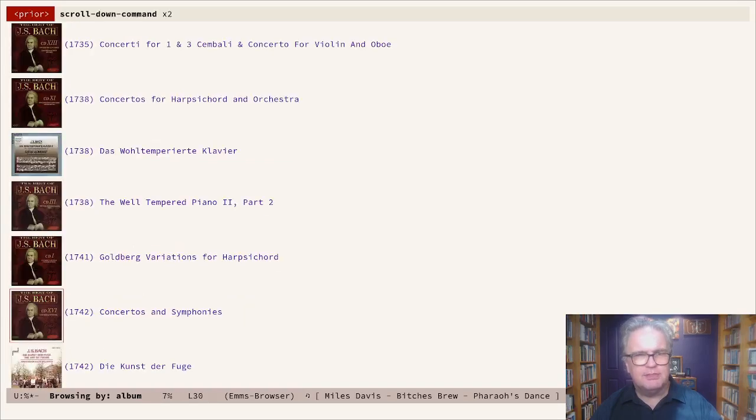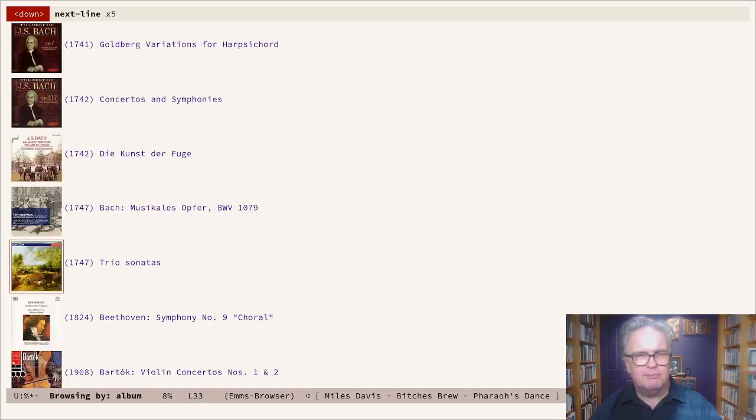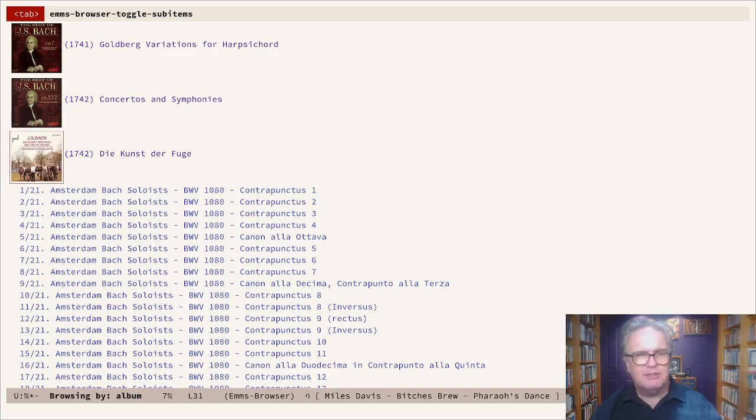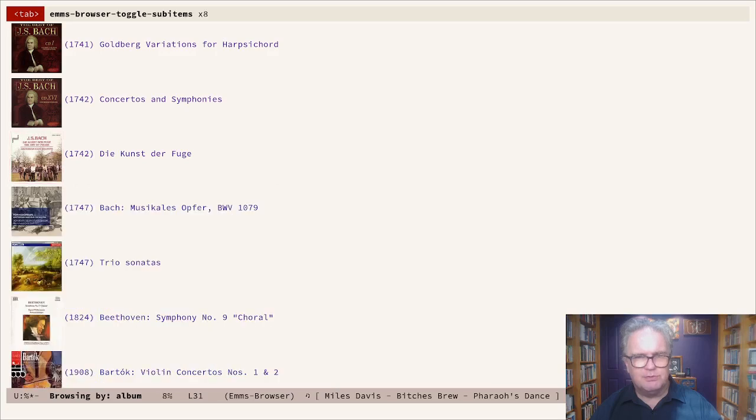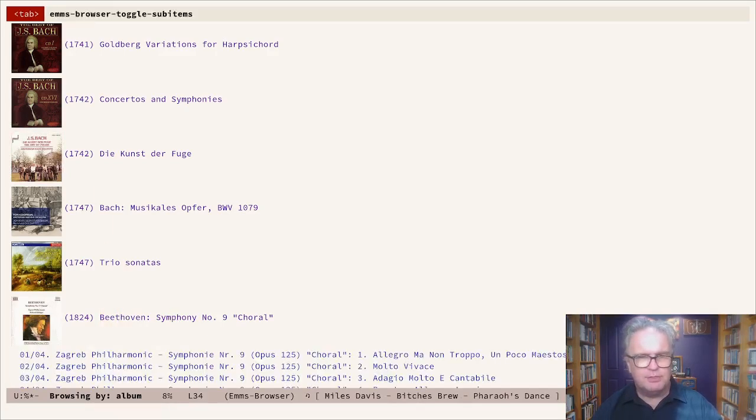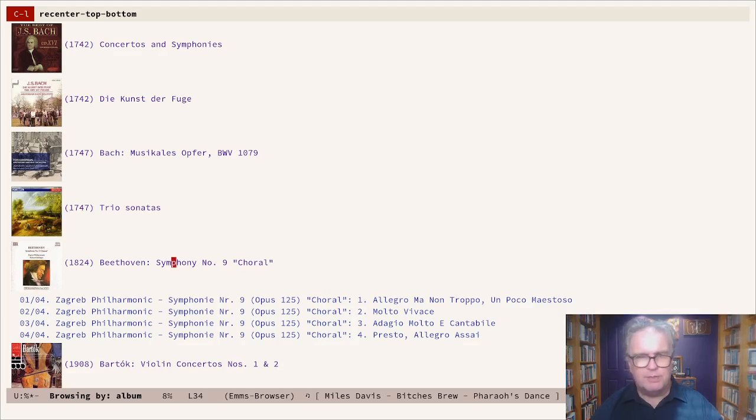And for example, we can play some Bach, Kunst der Fuge, one of my favorites. The tab key will open and close the albums to see the individual songs. We can also use Ctrl+S to search for, let's search for Beethoven. So there's Symphony No. 9. To add this to the playlist, press Ctrl+J. Now you won't be hearing any music because I switched it off because I don't want to create any copyright strikes from